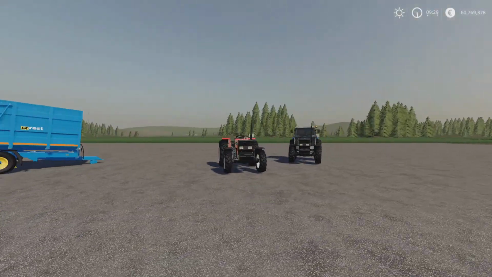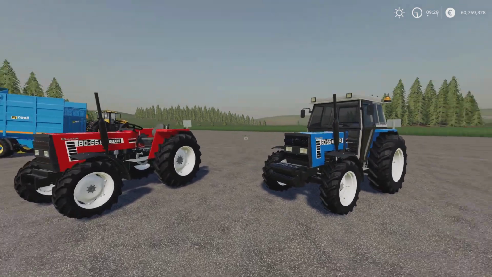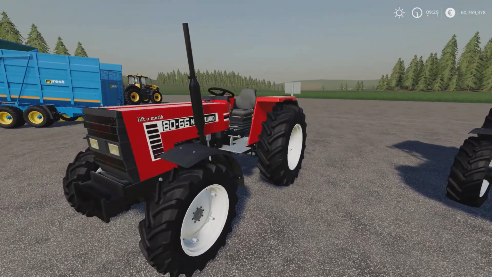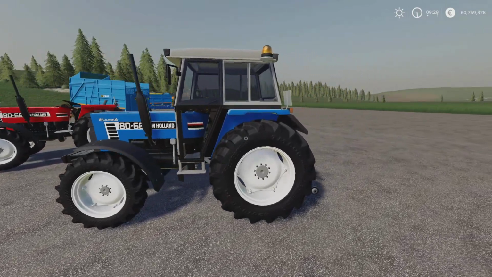Which brings me on to the last of the mods for today. Not many today. This is the New Holland 8066 by blueking. There's only one, there's not two separate ones, it's just the different configurations on this. This is 8.4 megabytes download, 13 slots on console. It's under small tractors,